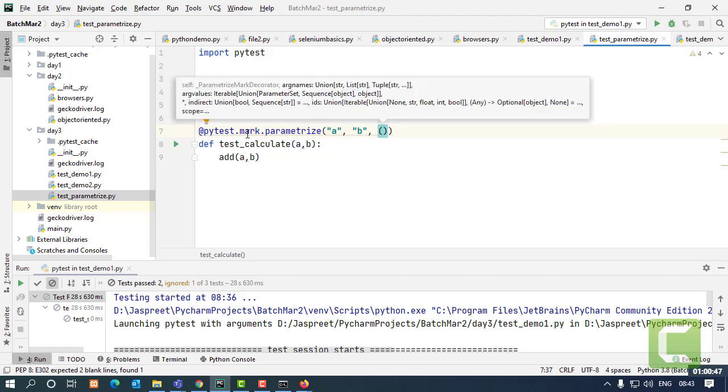For that, this square bracket is not actually a pair of parentheses. It's a data structure which is being used over here, that is a tuple. For the data structures, I'll request you to please watch the Python basic data structure videos so that you can differentiate the data structures. Inside the tuple, I'm going to introduce the list.